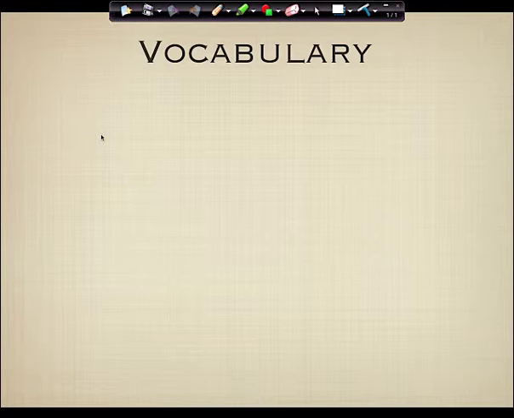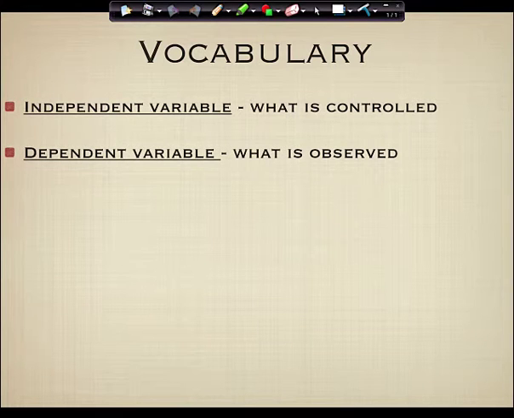There are times when even I struggle with this. Believe me, I am in no way the pinnacle of intelligence, even in this room. But guys, I've been doing this for a long time. And even as I think about the terms independent and dependent variable, there are times where I've got to step back and go, oh man, what do those mean? So let me define them for you right now.